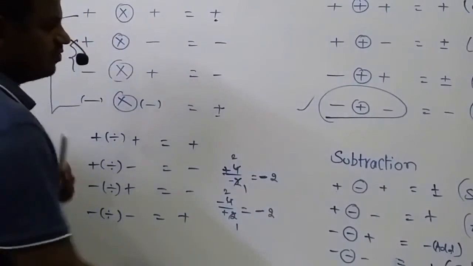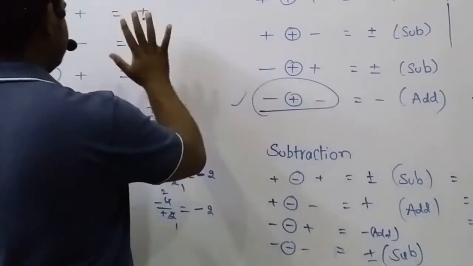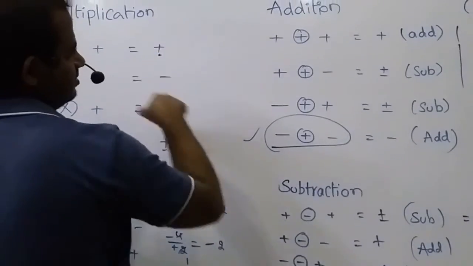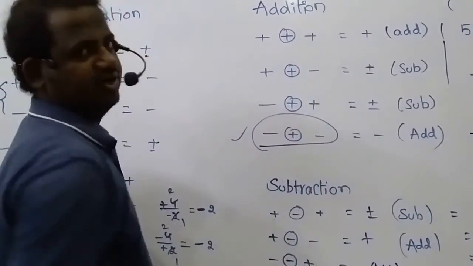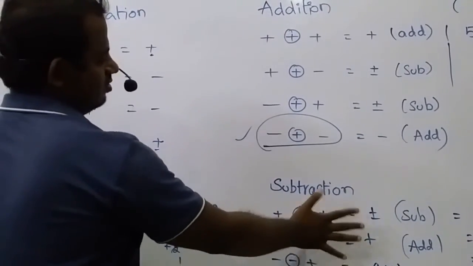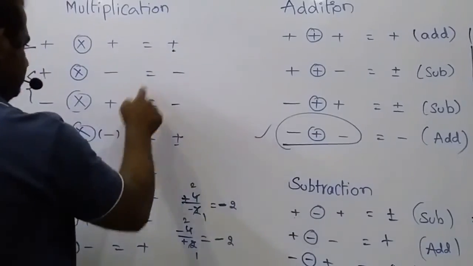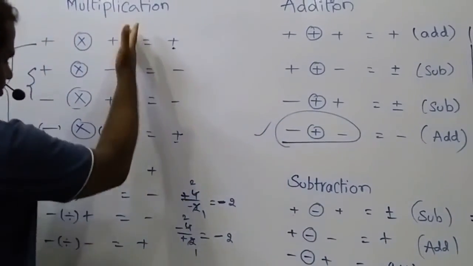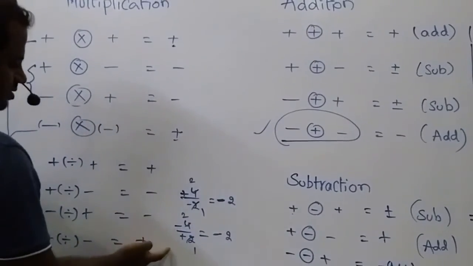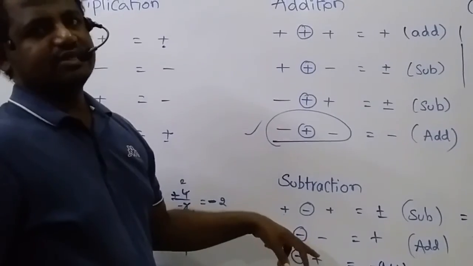Okay. So for subtraction, there is no need to discuss it separately. If we know the multiplication steps and addition steps, the subtraction operations are also included in addition. So no need to separately discuss subtraction. Only multiplication and addition are important. If we know these two steps, it will automatically be covered. The multiplication steps will cover division in the same way, and the addition steps will cover subtraction in the same way.